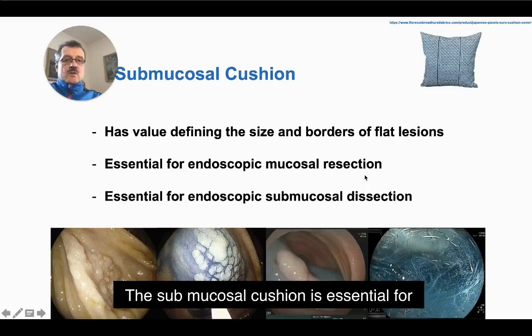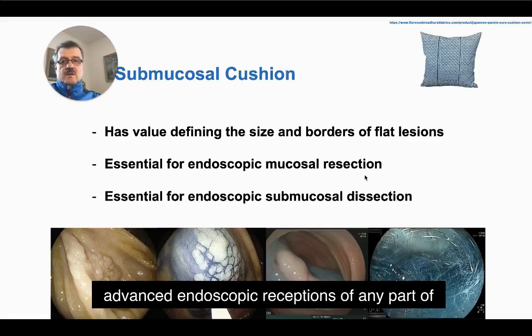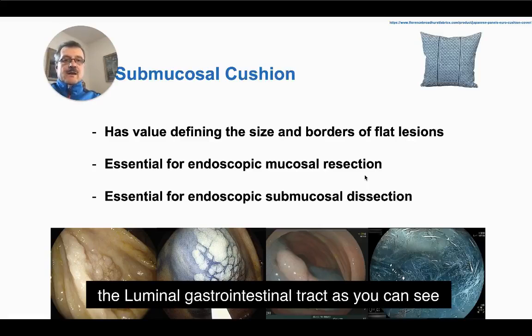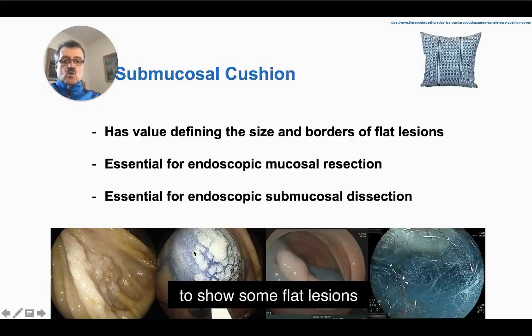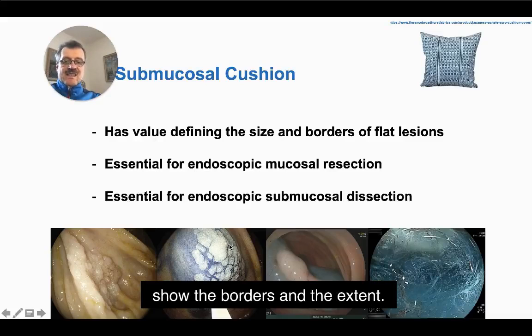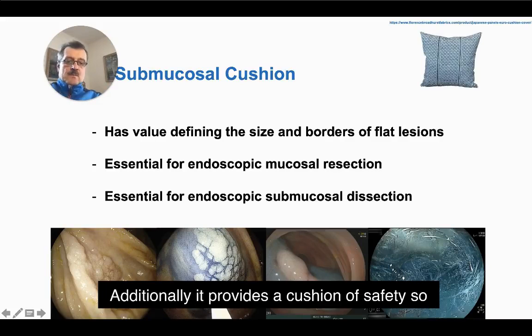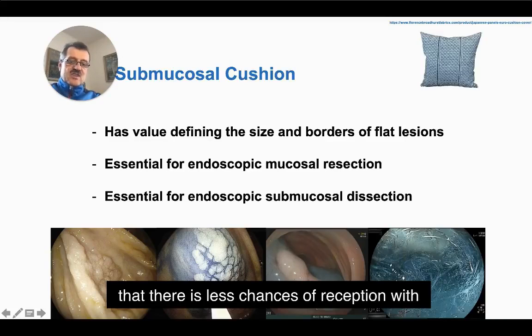The submucosal cushion is essential for advanced endoscopic resections of any part of the luminal gastrointestinal tract. As you can see from the pictures, submucosal injection has particular importance to show some flat lesions, show the borders and the extent. And additionally, it provides a cushion of safety so that there is less chance of resection with